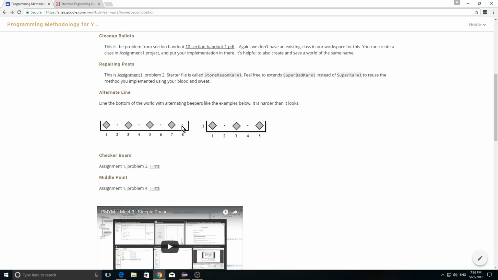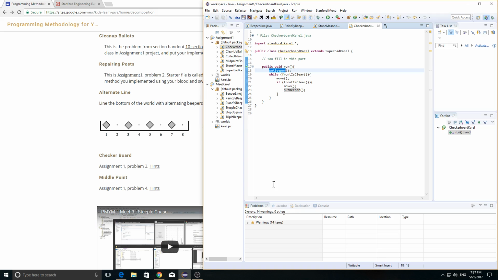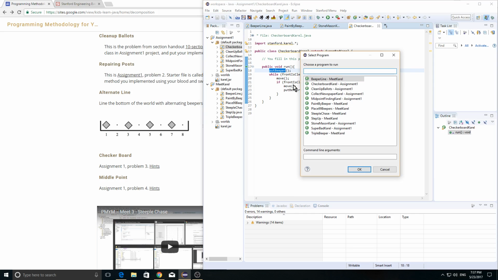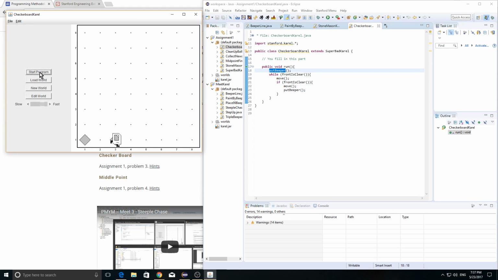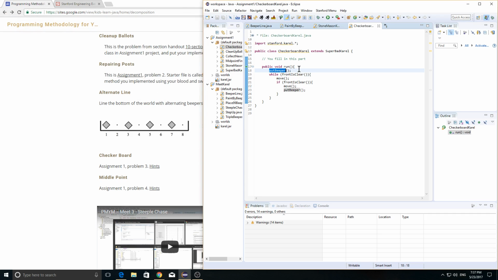Yes. Okay. So let me go through this. How do we work this way? Remember, this is the checkerboard we composed last time, and it's basically putting down an alternate line. And in this world, you can see that it actually lays an alternate line on the bottom, so we can rename this as alternate line, and then